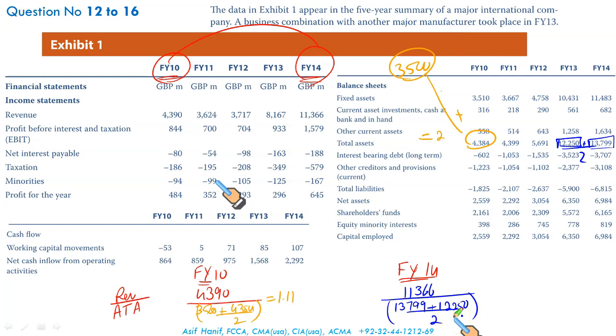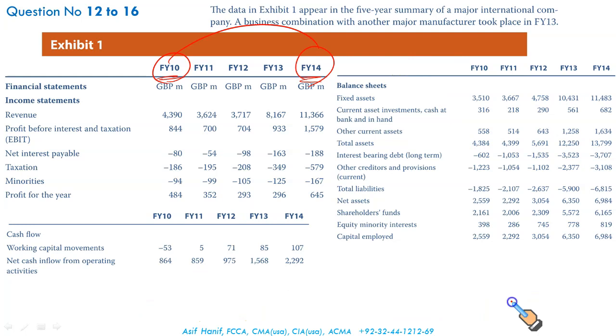I told you, whenever an income statement item is linked with a balance sheet item, it must be averaged if possible. Since we can calculate, we were given this 3,500 million and we have this closing balance, so we should calculate the average because it's the right formula. Income statement item, whenever linked with the balance sheet numbers, must be averaged. So once you solve this, you will get 0.87. You can see, previously, before merger, for every $1 of asset investment, the business was able to generate revenue of 1.11. But now, in a larger business, $1 investment in asset has generated $0.87 of sales. Not good.